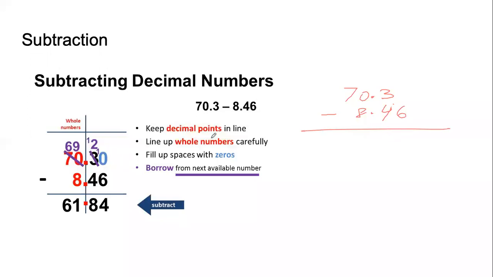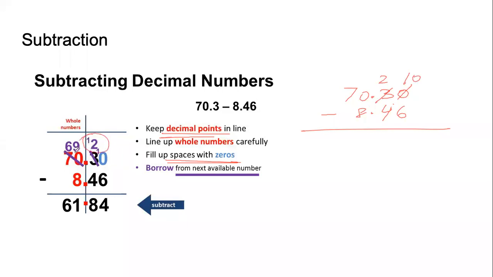Now here that point of fill up the places with zeros, this becomes more useful. कि 6 को किससे minus करेंगे? 0 से. So this becomes useful now. Now the subtraction will be done the usual way. So we cannot subtract 6 from 0. So we will borrow from the nearest on the left hand side. So 3 will become 2 and 0 will become 10.